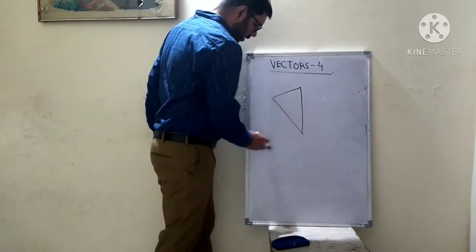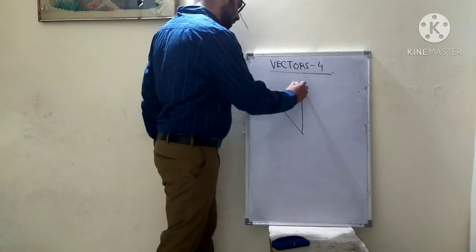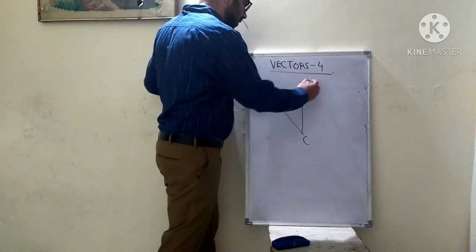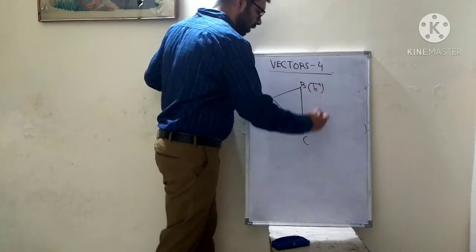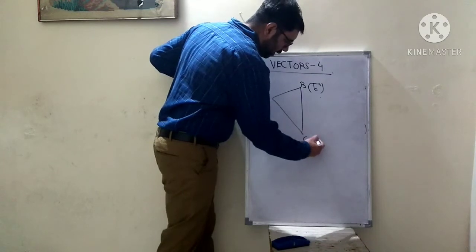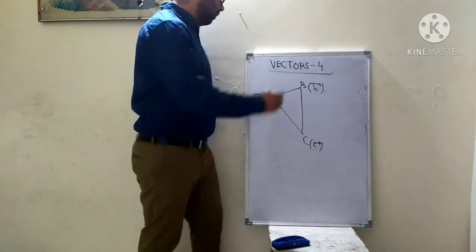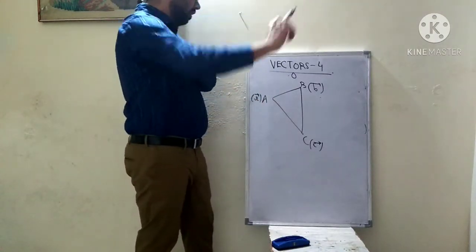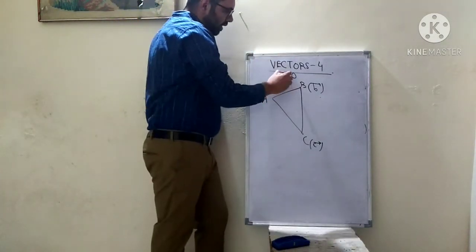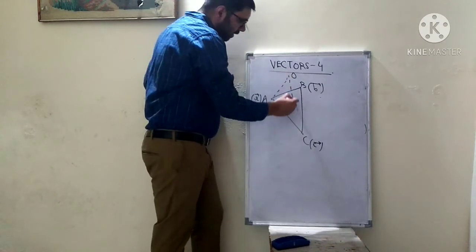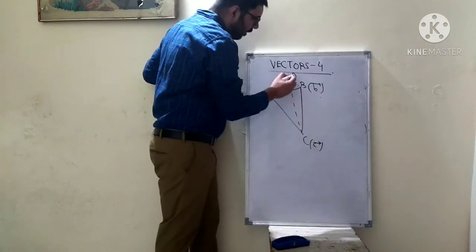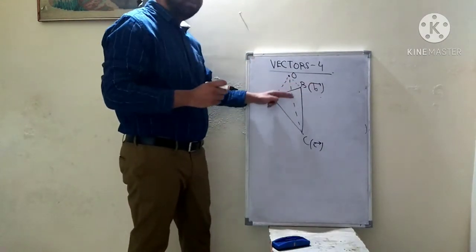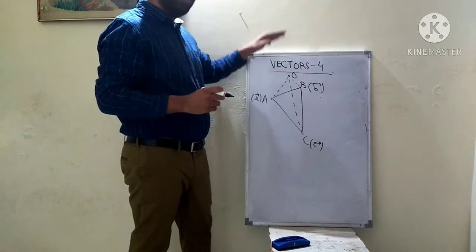It has a triangular base which has 3 points A, B and C. Suppose the position vector of A is A vector, the position vector of B is B vector, and the position vector of C is C vector. We take the origin as the point above, which is the fourth vertex of the tetrahedron. So it is lying above this base. If we connect these 3 points with this point, we have this tetrahedron. The triangle ABC becomes the base of this tetrahedron, and O is the point above the base.